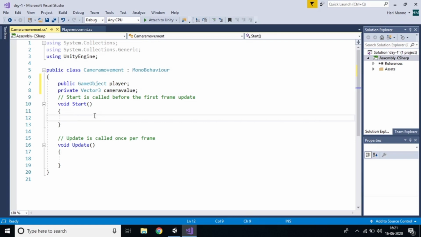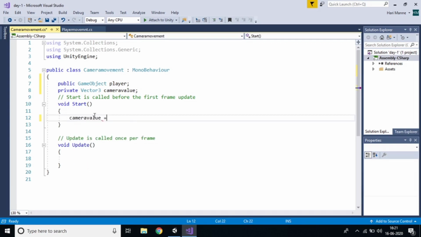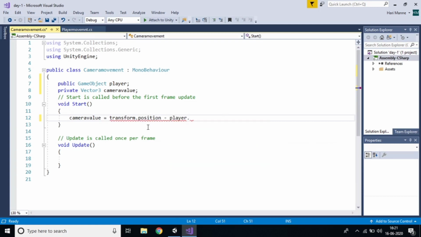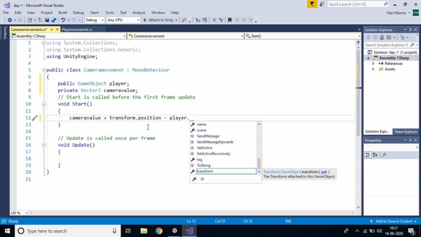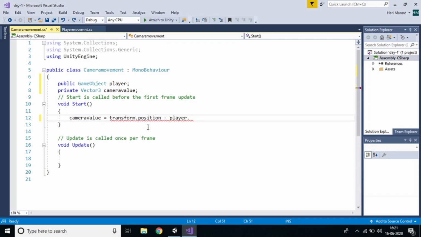For that, in the Start method I write camera value is equal to transform dot position, that means the position of the camera, minus player dot transform dot position.